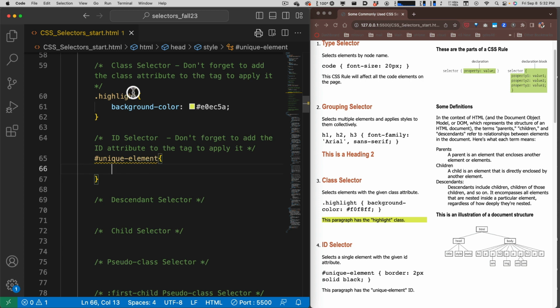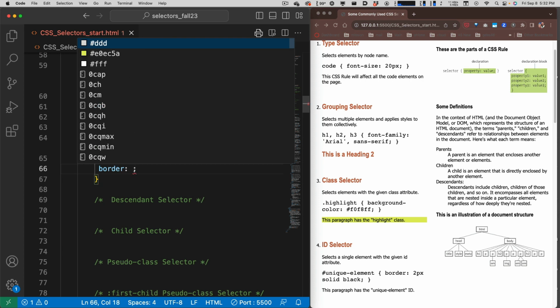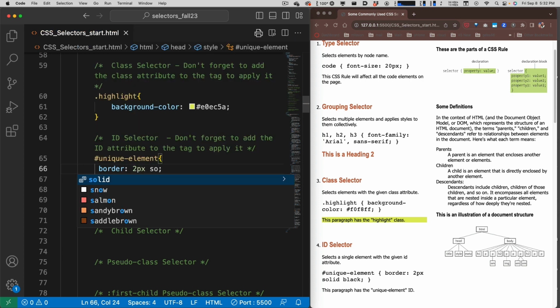You have to make sure that these names match exactly, both for classes and for IDs. So a class starts with a dot, an ID starts with the pound or hash or octothorpe if you want to get fancy. Unique element is the name. So I just named that, right? And then I'm going to go in and put a border in. So I'm going to say border, and let's do 2 pixels solid, and let's do RGB. And we'll do 21, 168,